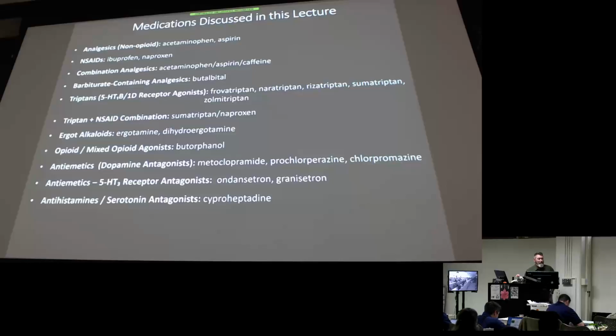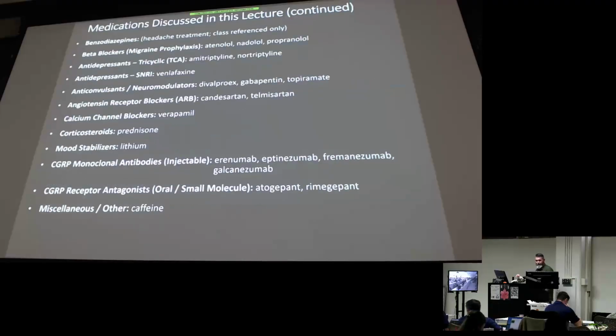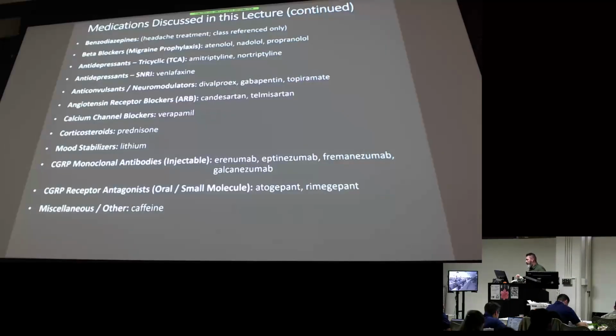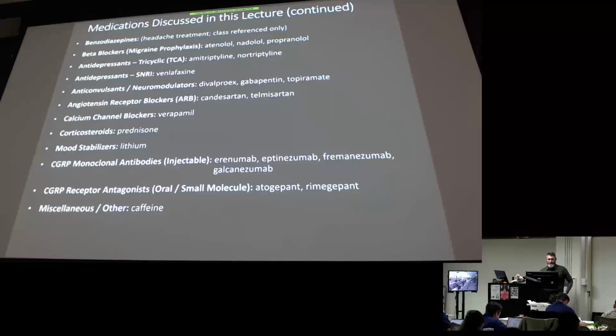So meds, again, discussed in the lecture, a lot of repeat offenders on the list, and then we're going to talk specifically about the triptans and the CGRPs, which are kind of new, and a lot of the others we're just going to revisit and continue. Long list, but you've had a lot of them. This is not a memory list, right? You just use this for studying, just like I mentioned about gout and rheumatoid arthritis. When you get lost in the sauce, you can refer back to this list and say, okay, what class am I in? What are we talking here?